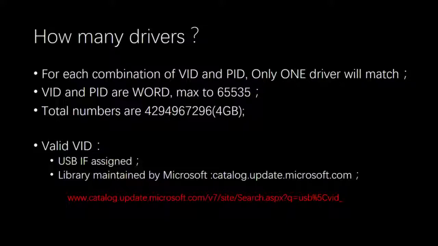If there is a driver, only one driver will be matched. So let's do some math, and we will find the combination of these numbers is really huge. So we cannot directly enumerate all the combinations,